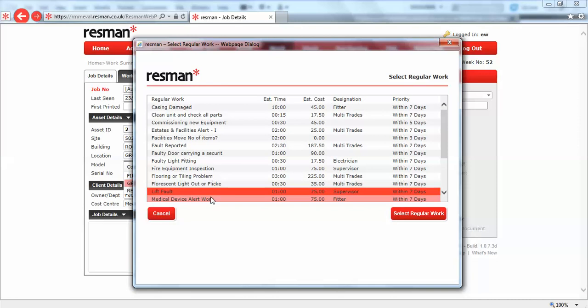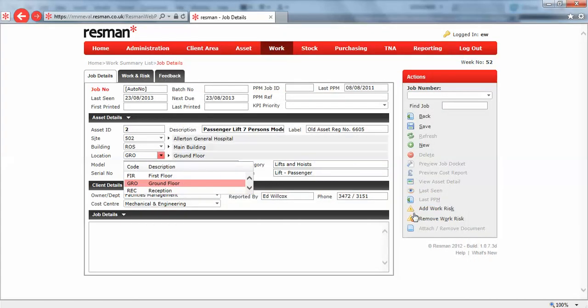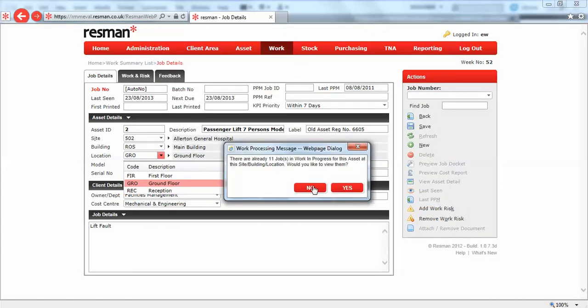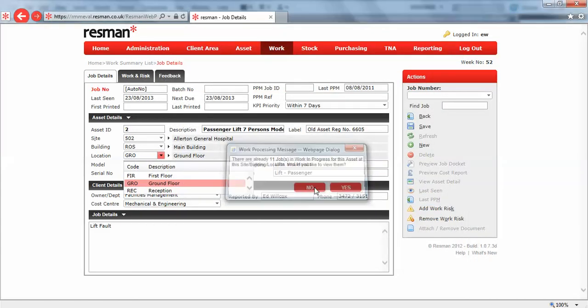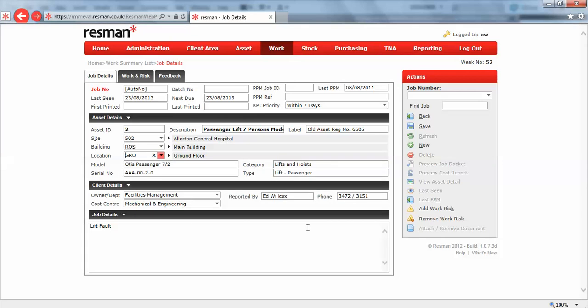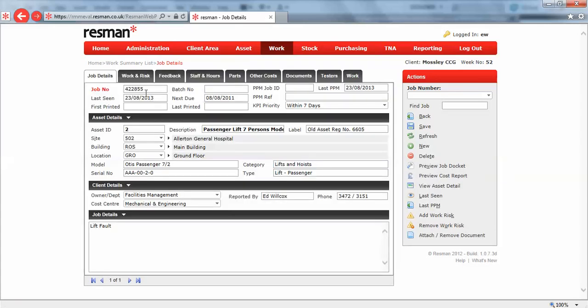There's the lift fault, and as you can see, its estimated time and cost and staff designation of supervisors in there. We'll select that regular work. We don't want to view anything else that's in work in progress for that asset. It may only be PPM work, but it could be prompting us that this is a duplicated call. And at that point, we can save this job and we can say to our caller, thank you for your call. This is your call reference